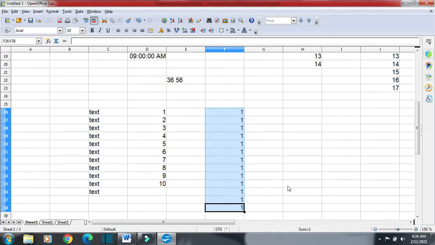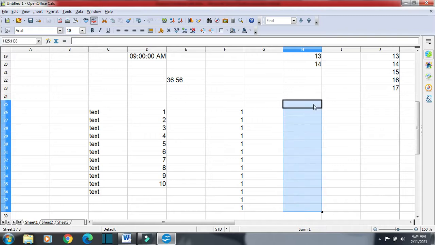One more thing we can do, select the range. Then fill the data, suppose 56. And then press Alt plus Enter. The same data will get copied into the whole series. So if you want to copy the same data within a row or within a column, you can do this.